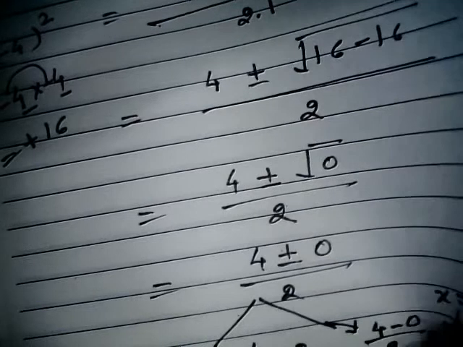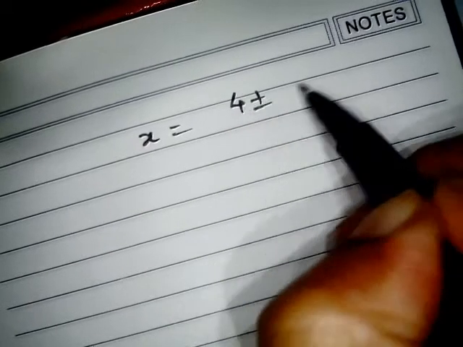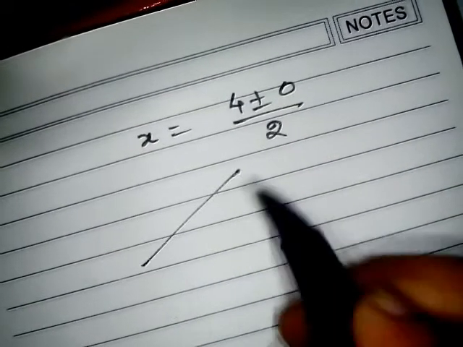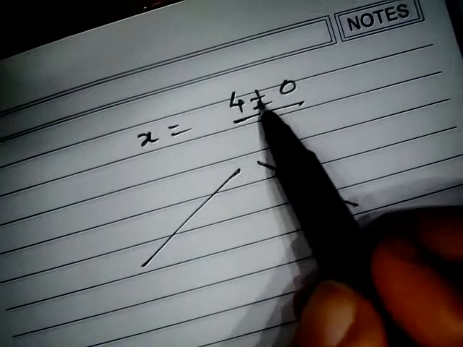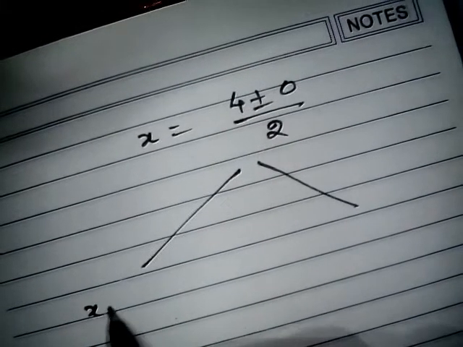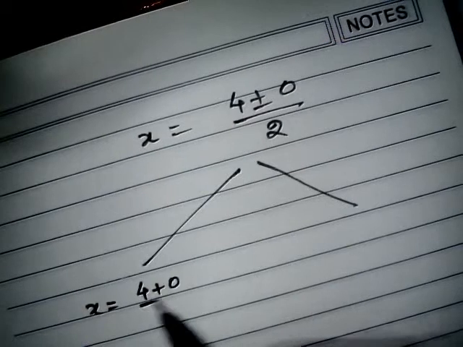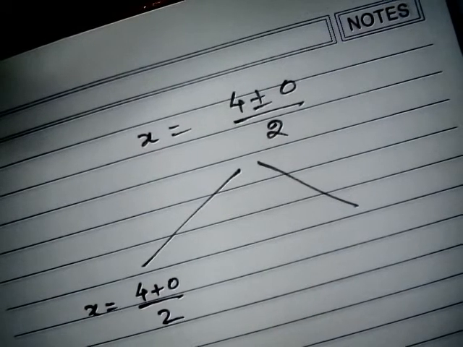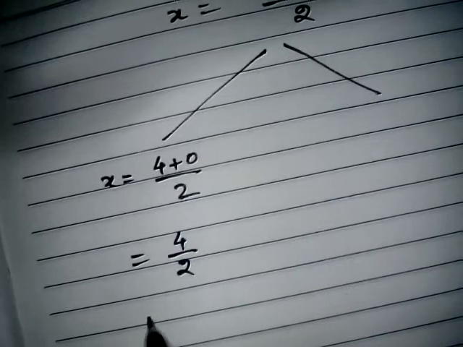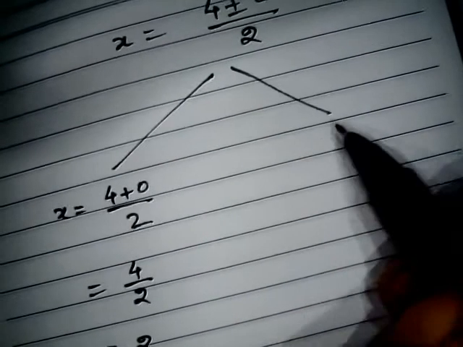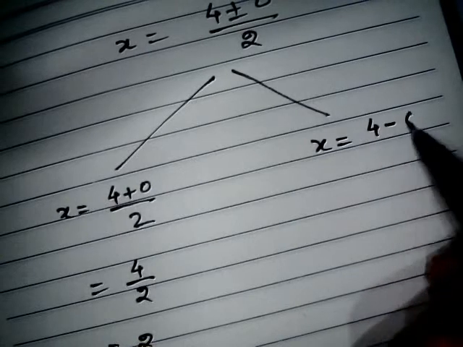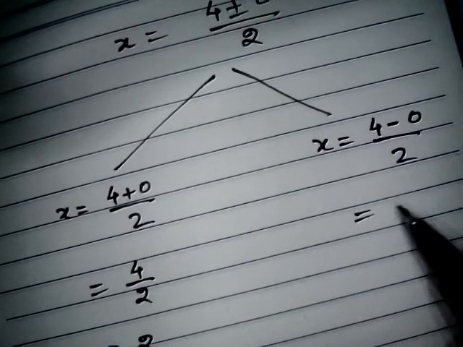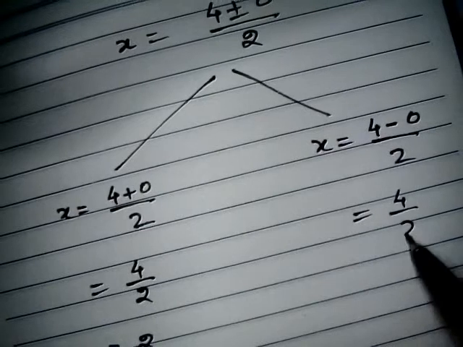Okay, I'll do it over here because that is getting a bit confusing over there, because the space is not there. x equals, we got 4 plus minus 0 upon 2. Now I need to divide in 2, because one time with positive and one time with negative sign. So x equals 4 plus 0 upon 2. 4 plus 0 means 4 upon 2, and that is going to be 2, so x value is 2. The second time I'll solve it out. x equals, by taking negative sign, 4 minus 0 is 4 upon 2, that is also going to be 2. So x equals 2 and x equals 2.